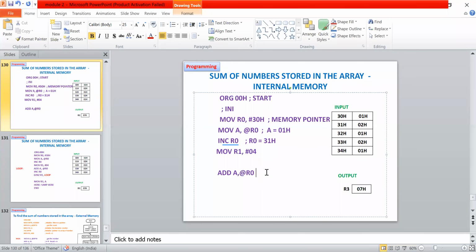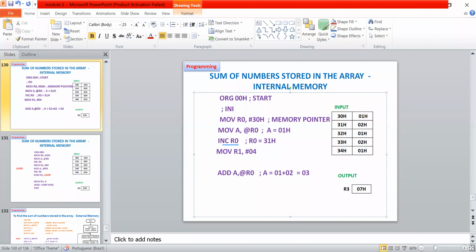So here I have the data 01, which is in the accumulator, plus 02, which is in the 31H address. Finally, your data will be 03H, which is stored in the accumulator.